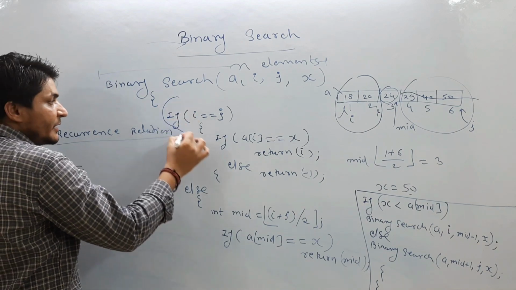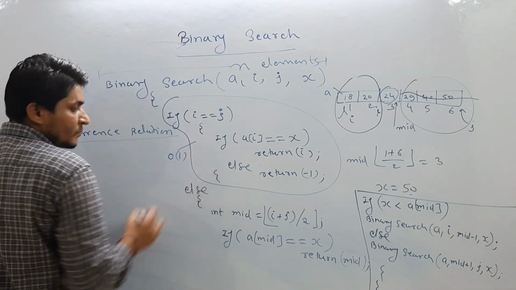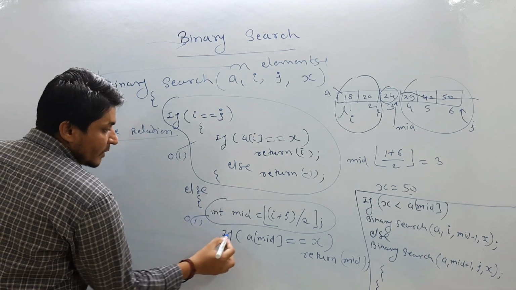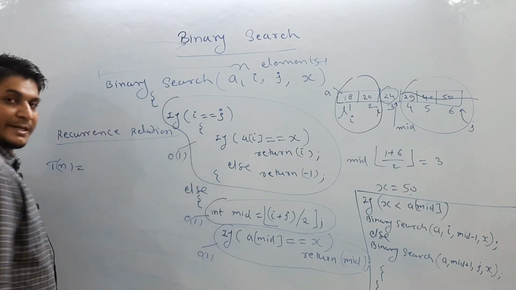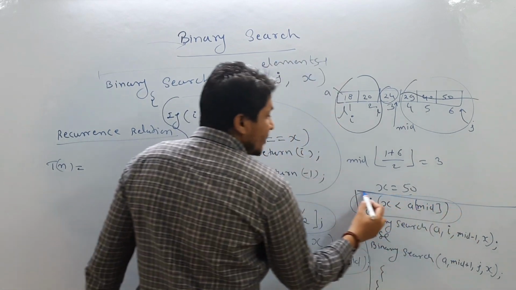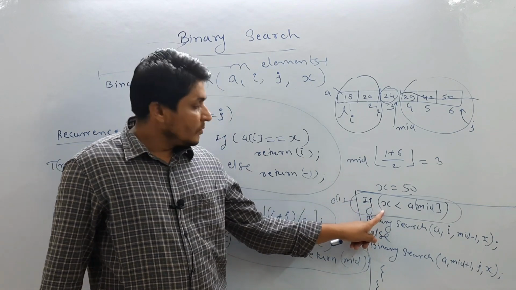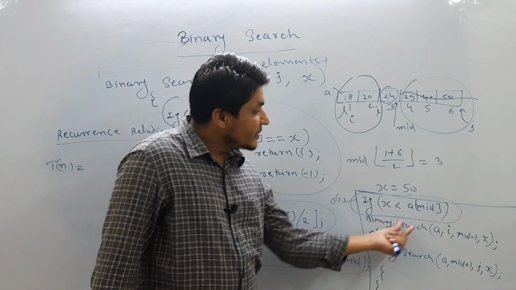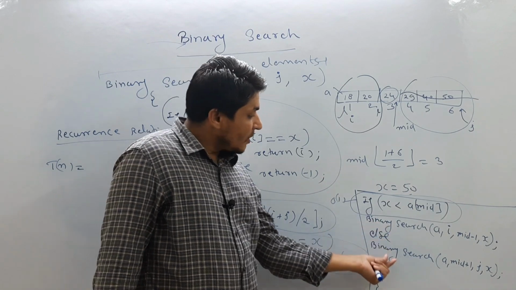Now what are we doing here? In this case we are doing one comparison, so it will take order of one time. Now we are calculating the mid, so it will take another order of one time. Here we are doing another comparison, so it will again take order of one. You can execute each and every statement. Again we are making one comparison, order of one. If this condition is true, then I will call binary search on the left hand side. If it is not true, then I will go to this part. Either I will execute this part or I will execute the other part.